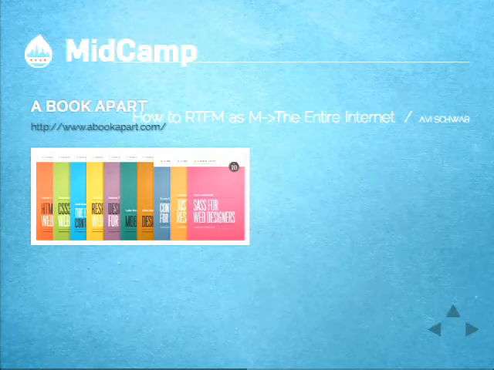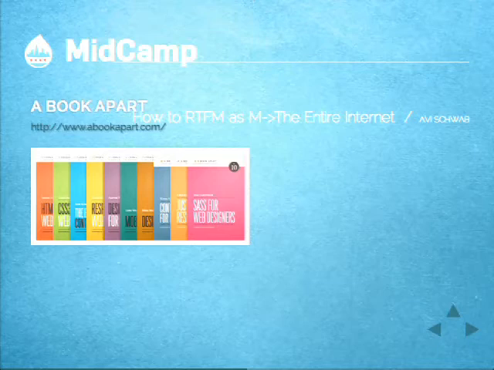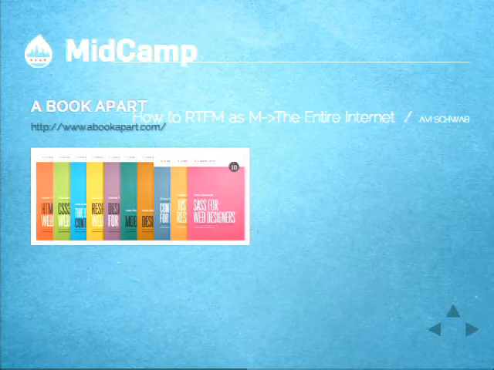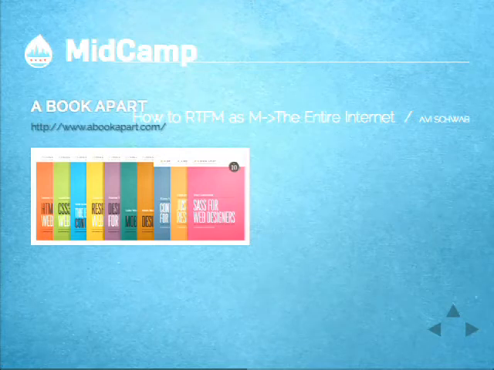Each book is 50 pages or so, and they're really written as here's the very basic stuff you want to know about this thing. So there's HTML5, there's CSS3, content strategy, responsive web design, designing for emotion, mobile first, design as a job, user research, Sass.